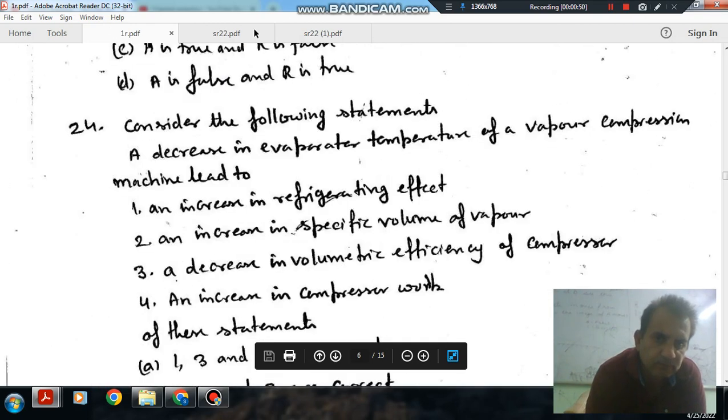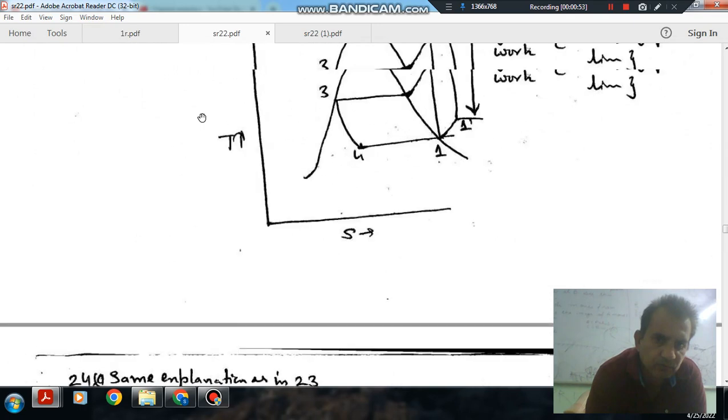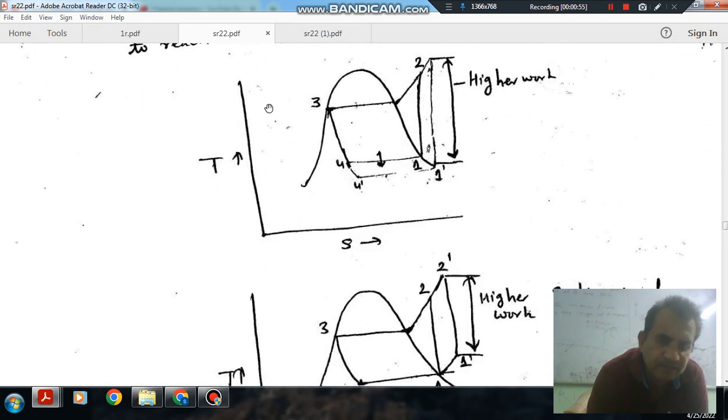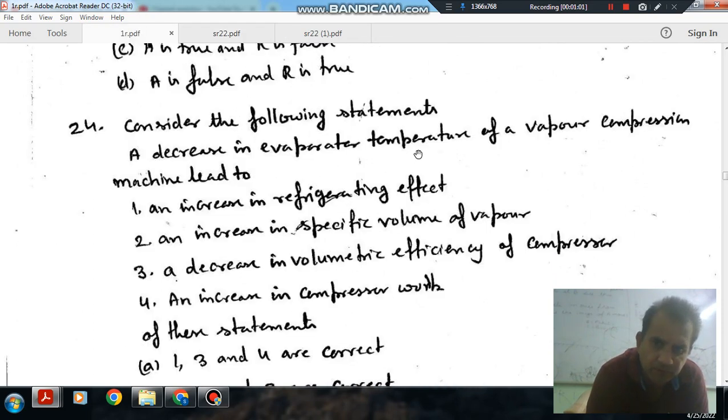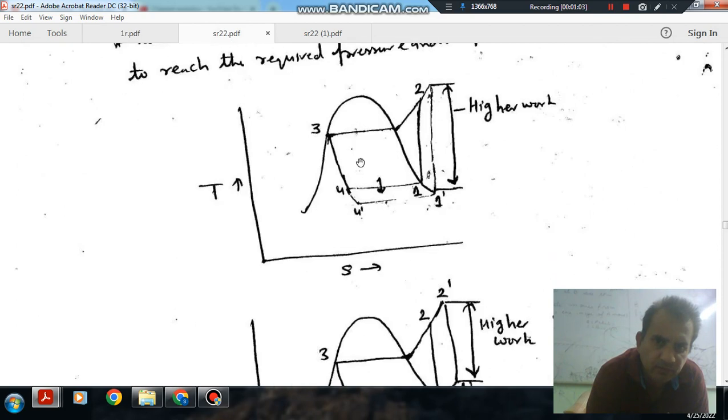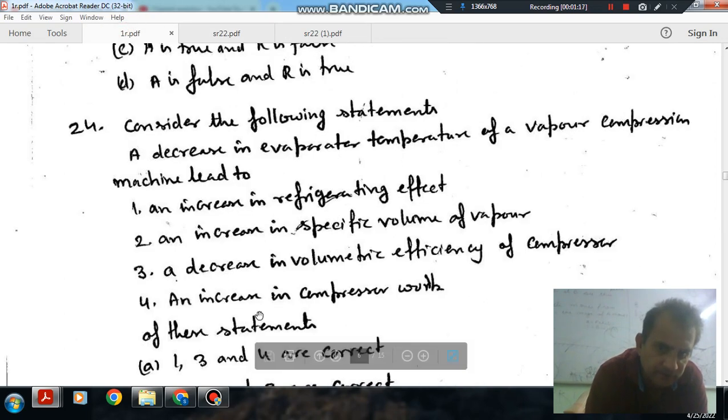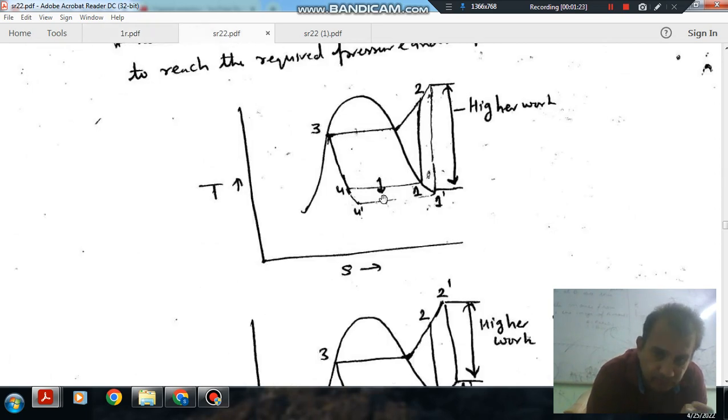Okay. So here is the same expression as the previous question. Here it is given that a decrease in evaporator temperature. So decrease in evaporator temperature means we are shifting this line downward because here temperature is constant. So if we shift this line downward, then higher compressor work is required. Okay. So increase in compressor work. And if we shift this line below, then the pressure ratio across the compressor is